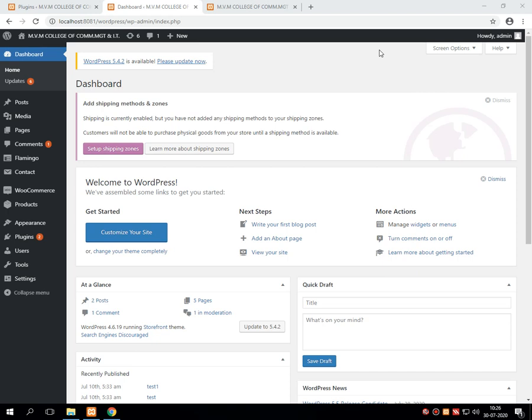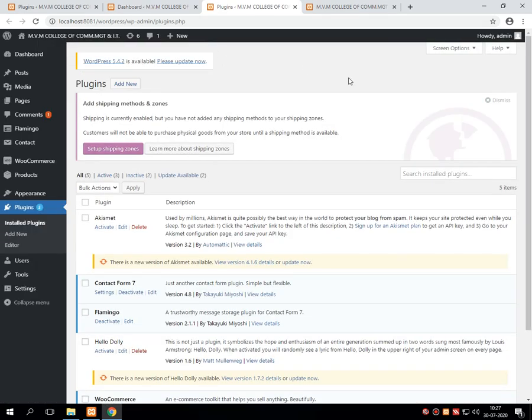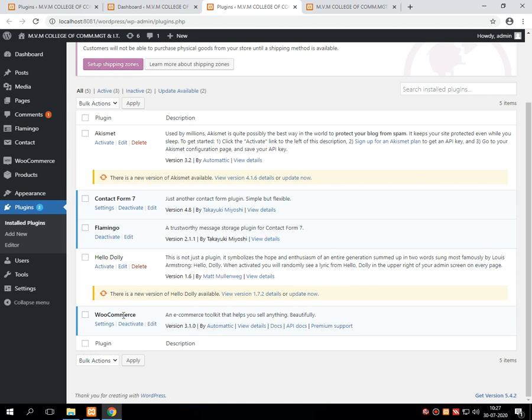Welcome into the new session of Content Management System using WordPress. In our previous discussion, we have gone through the installation of another plugin which is called WooCommerce. The WooCommerce plugin is basically used to create a product store for selling the items in a given geographical area for the desired description with its price.